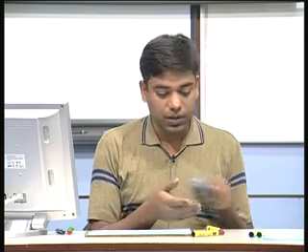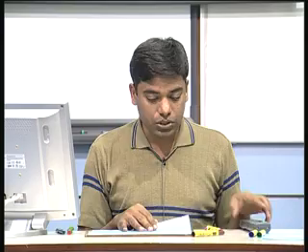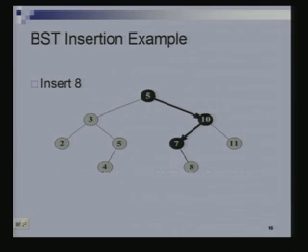Straightforward. So, now that brings me to the question that I had asked at the beginning of the class: in what order should I be inserting the keys in a binary search tree so that its height is maximum? We said the maximum height of a binary search tree is n or n minus 1. Suppose I have n keys, in what order should I insert those keys so that I get a tree of height n minus 1?